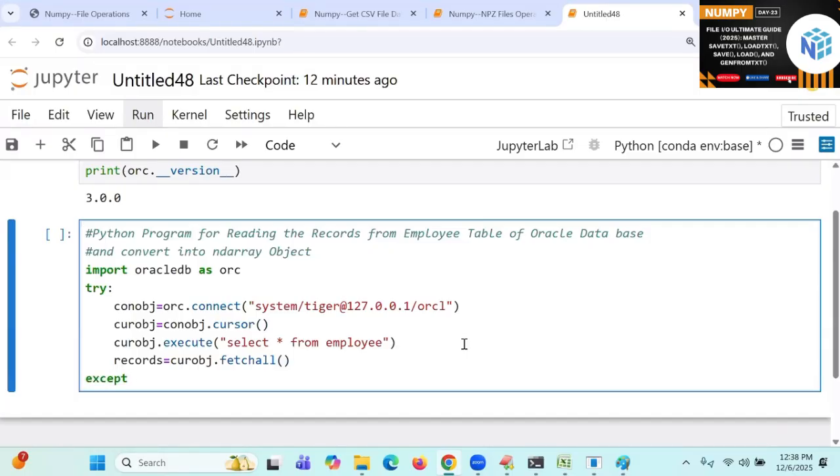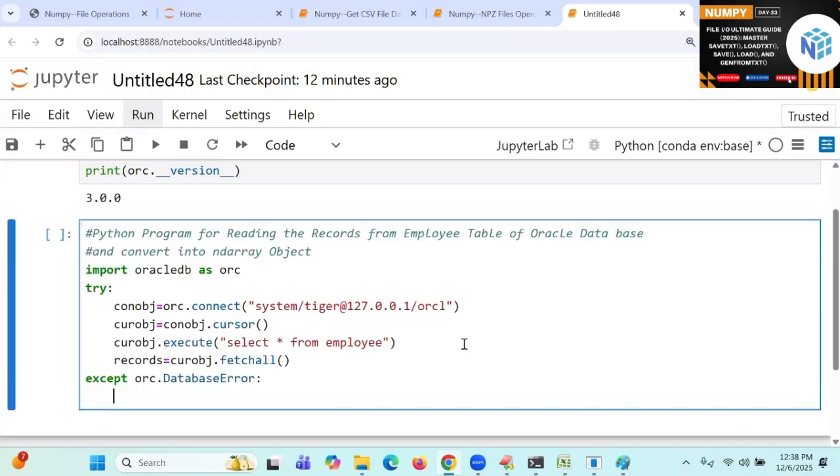Now I am going to write except ORC dot DatabaseError. Here I used to write about problems in Oracle DB. What is the problem I said? What is the alias name I also said? As DB, exceptions. How many except blocks did I say? Six to seven except blocks. Most of the faculties will just write except colon and chapter: oops, something went wrong. Interviewer will ask, what went wrong? You say, oops, went wrong.